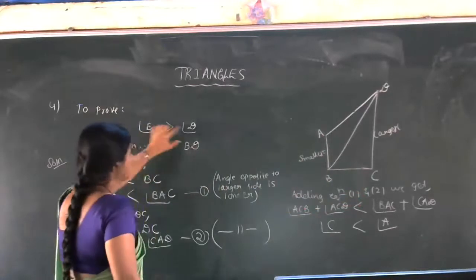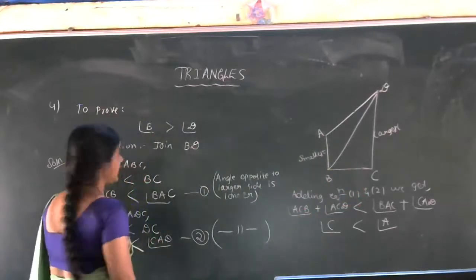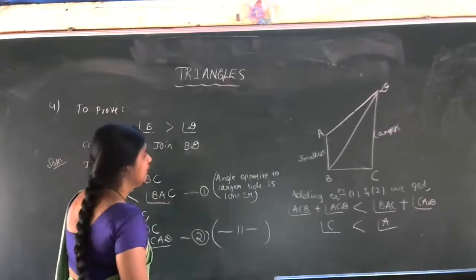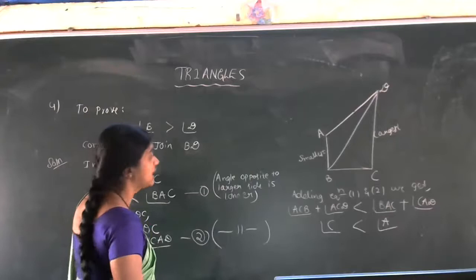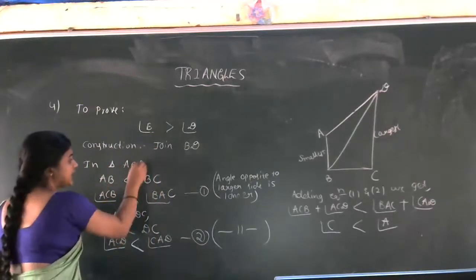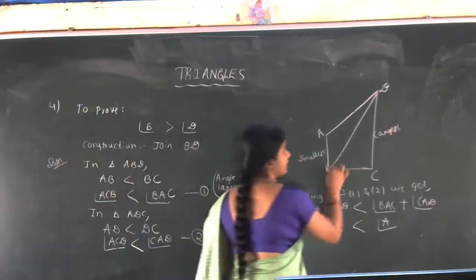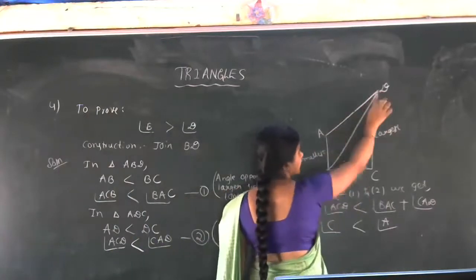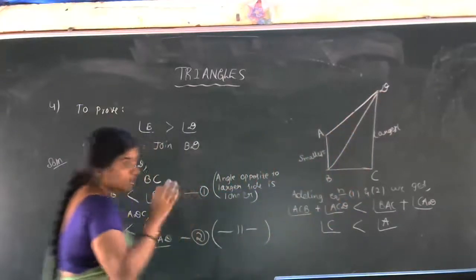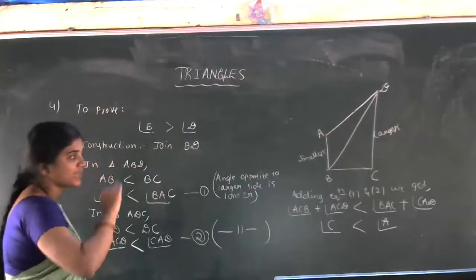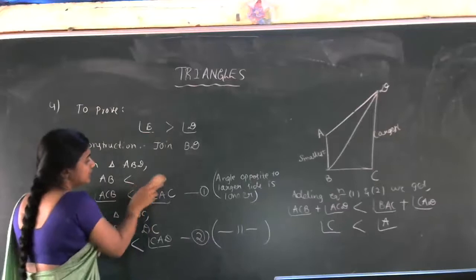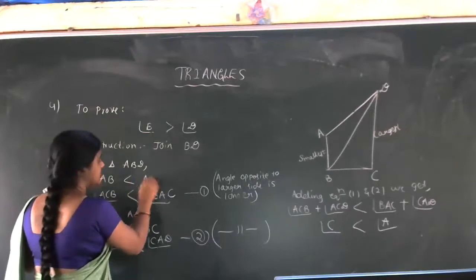So B greater than D we have to prove. Now again we have to take two triangles and compare the sides of the two triangles. So now instead of taking A, B, C here, we have to take A, B, D. So here I'll change that one to triangle ABD. Now we are going to compare this triangle. If AB is the smallest side, then AD is the largest, not largest in triangle ABC. So we can compare AB and AD. If AB is the smaller side, then AD is greater.